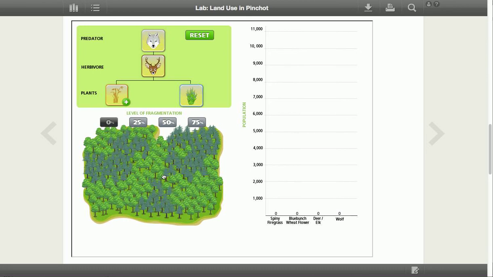So the lab really walks us through. We can only add right now the spiny firegrass. I think this is the spiny firegrass. So anyhow, what we're going to do is click on this. And we've just added spiny firegrass. So let's notice where it's growing. And we see that with nothing else in here, there's no blue bunchwheat, there's no deer or elk, and there's no wolves. At 0% fragmentation, we have 1,755 spiny